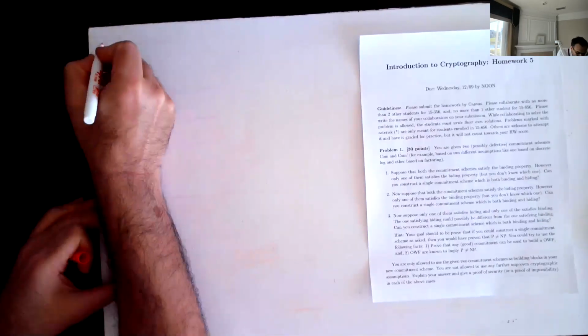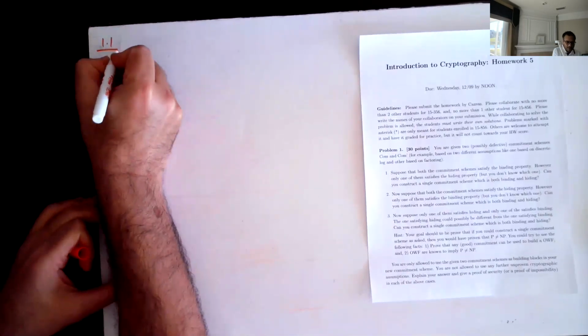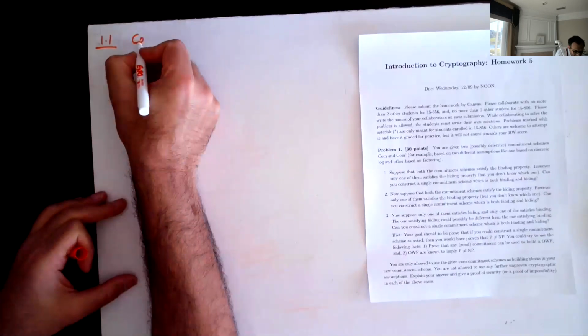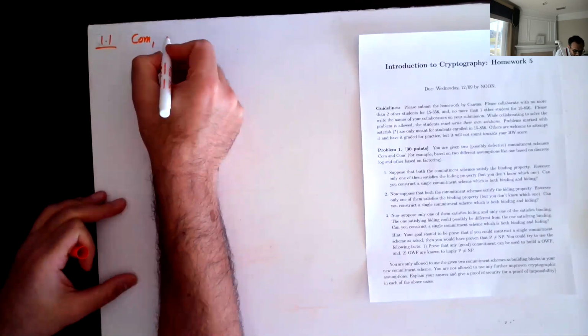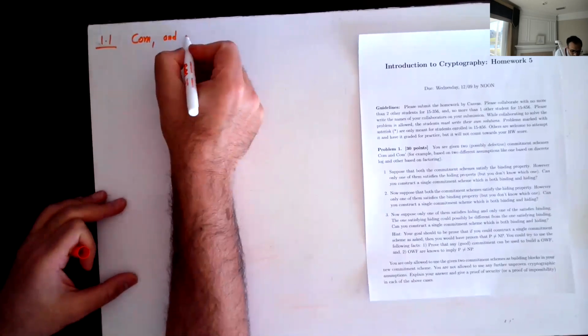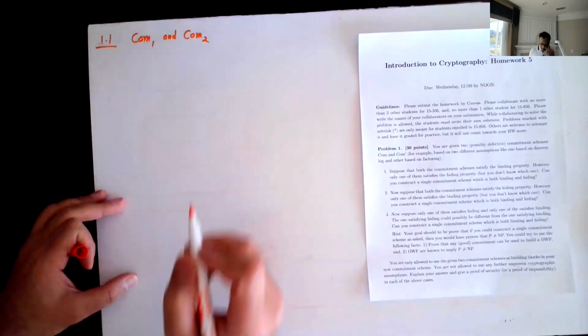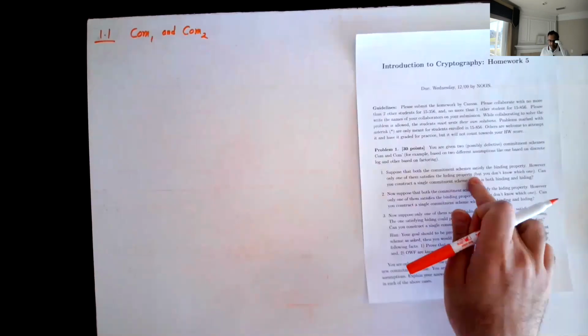So problem 1.1. So we have COM1 and we have COM2, right? Sorry, the first one is both are binding, and only one of them satisfies the hiding property. So now given a message M that you want to commit to,